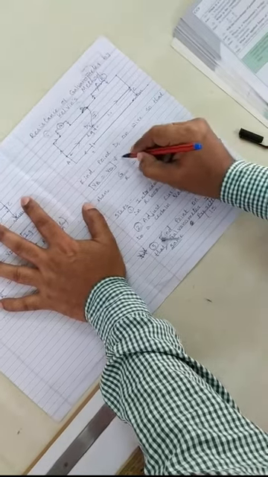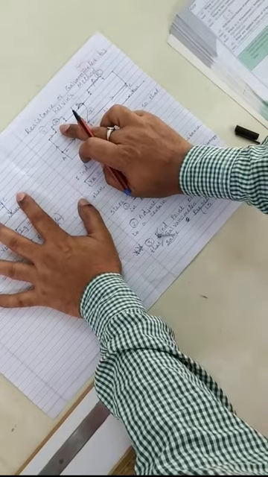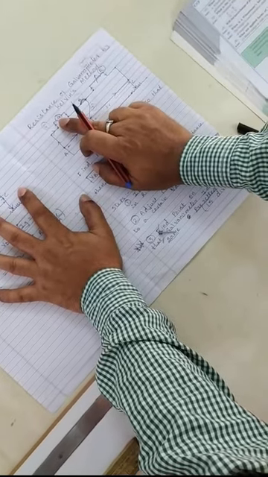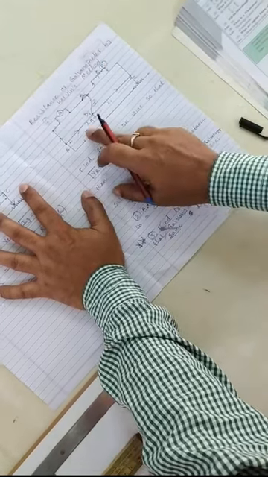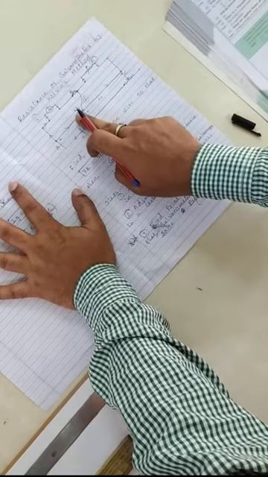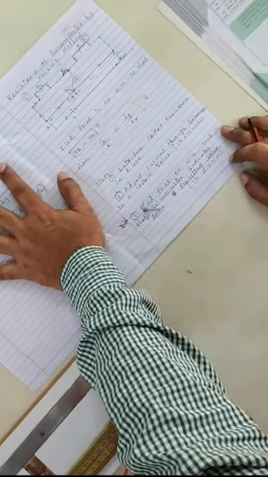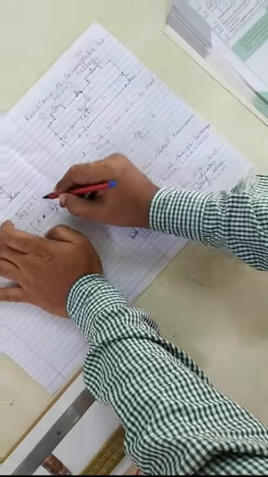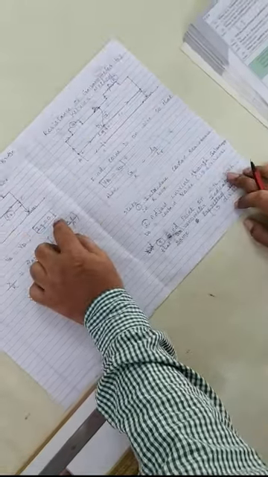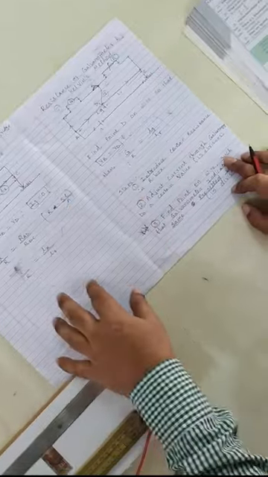So that we can make use of the bridge balance condition. If this condition is satisfied, the resistance in the left gap to the resistance in the right gap is equal to the resistance of wire A to D to D to C. So we get this formula, right? Since we are not making use of a galvanometer here, the method is a little different. So let us see how to do this particular experiment.